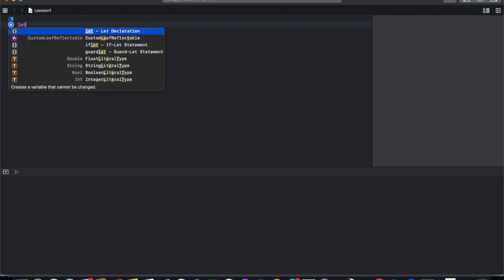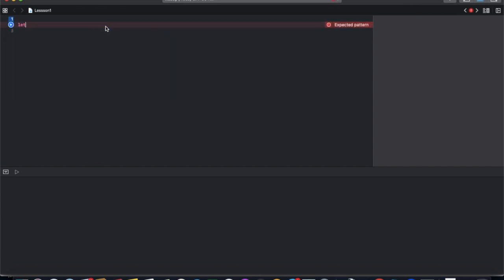So firstly, how do we create a constant? To create a constant, we write the keyword let. This is called a let declaration. We declare the name of the constant, something like str, equal to the value.